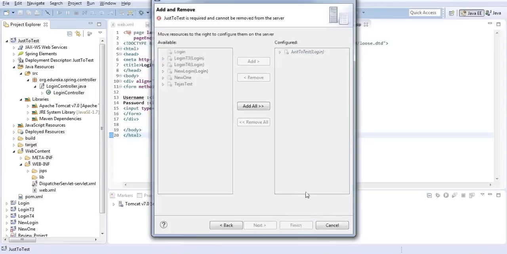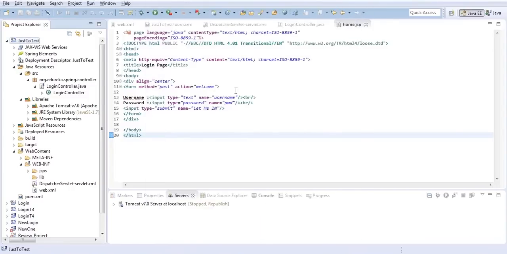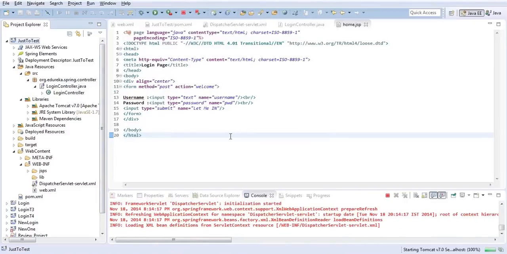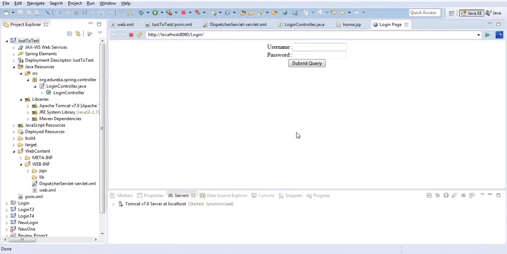Yes, only one. If everything is successfully done, right? So now it should show that login page, mapping to the login page through this context. Can you all see this? So now we have successfully converted this basic login page of the old application to a Spring application, where we have added